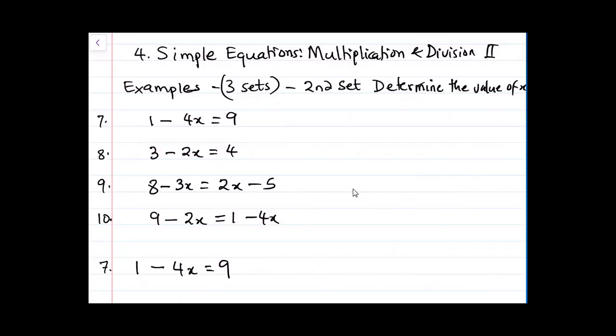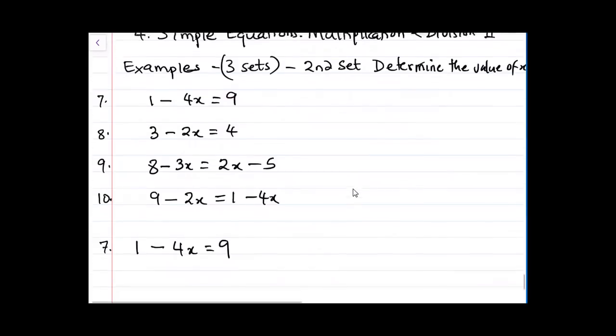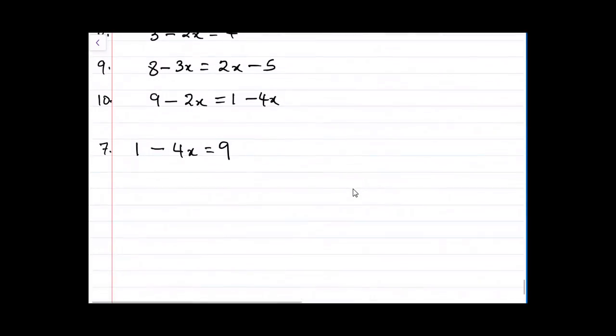So how do we solve them? Just to make things easier from the outset, the same principle applies. The only difference is just the way we handle the signs and the number operations. So let's begin with question number 7, where we have 1 minus 4x equals 9. Looking at it, the only number that we're going to eliminate on the left-hand side will be 1. So we can say subtract